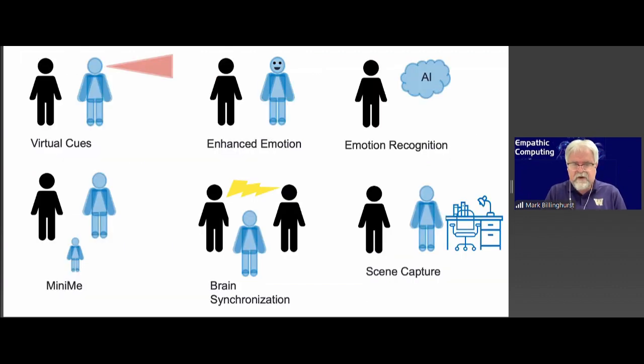So the overall take-home message is that when you've got avatars representing remote people, you can start doing some interesting things with those avatars, like adding extra virtual cues, copying virtual scenes and placing them in the virtual scenes, using mini-me's and other things as well. So there's a lot of opportunity for research around how you can represent the avatars of the remote people you're communicating with, and how you can enhance those avatars to create that empathic connection.